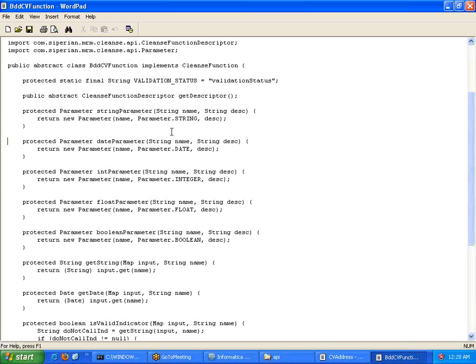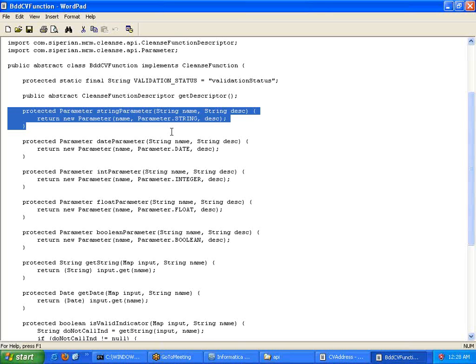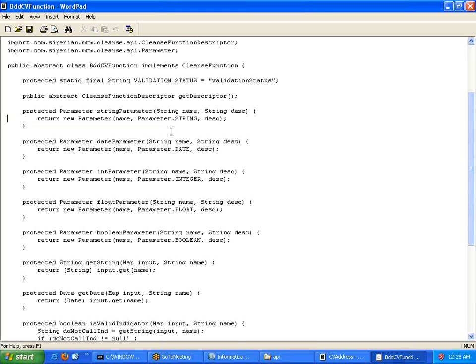So same procedure. Let us talk about them one by one. This particular method, the string parameter method, is going to take two arguments, namely name and description. Once we do that, it is going to return one parameter object, which would contain parameter dot string.